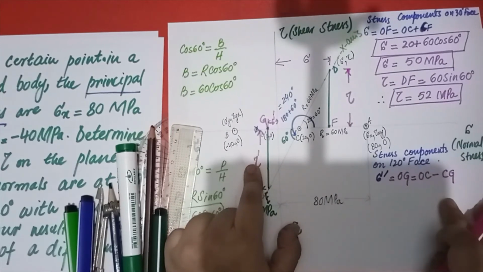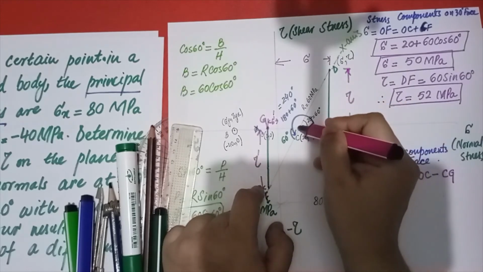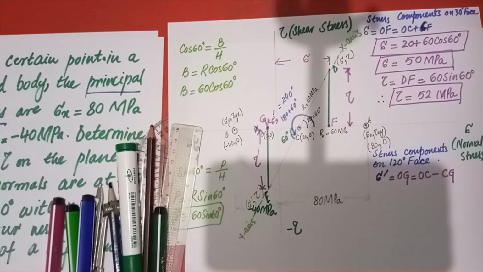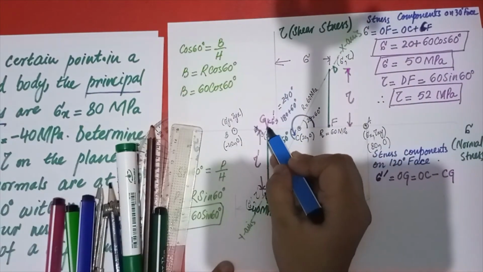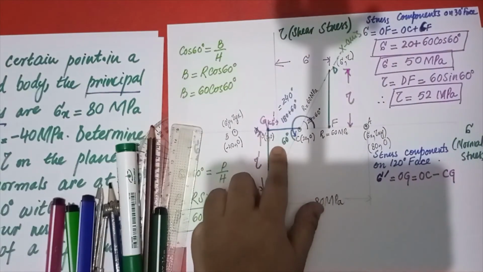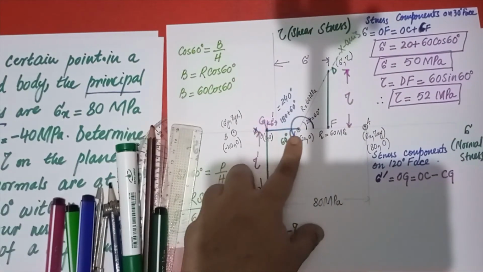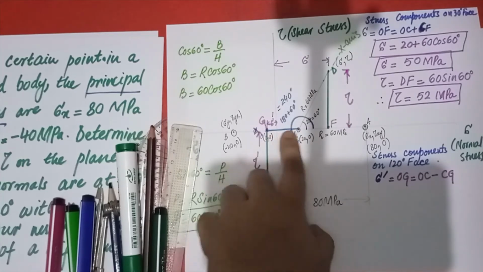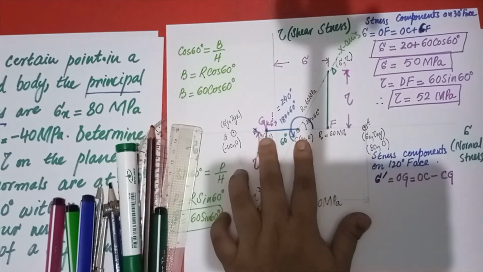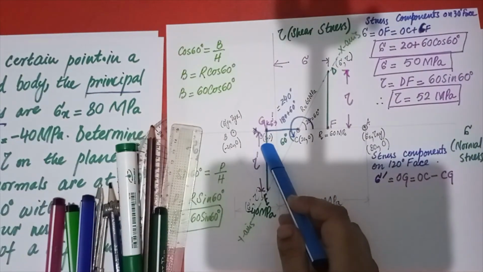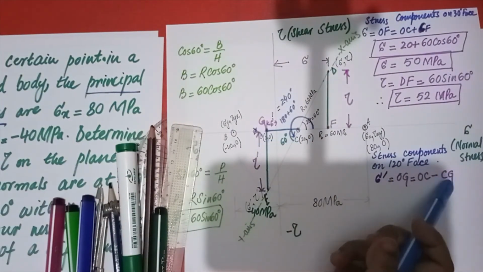Why are you taking CG? Let me tell you. CG is the distance from here to here. Let me draw it with the pointer in a different color. This one is your CG, and you need to know this CG distance. You know that this is 60 degree and this is your triangle. So you need to know this base. So you have to put it here. This is the bigger one and this is the smaller one. Obviously it is on the negative side, so this value should come in the negative.